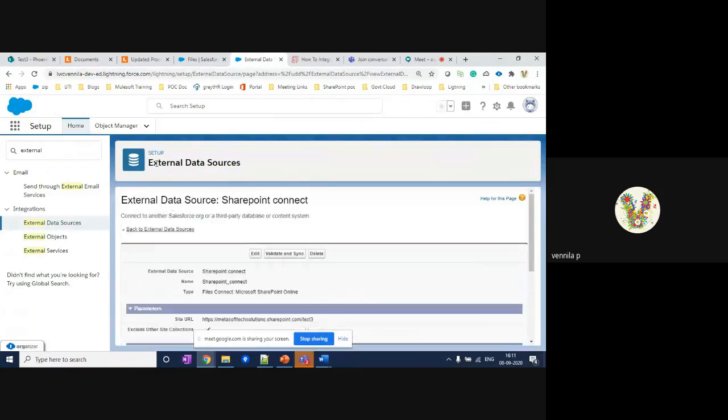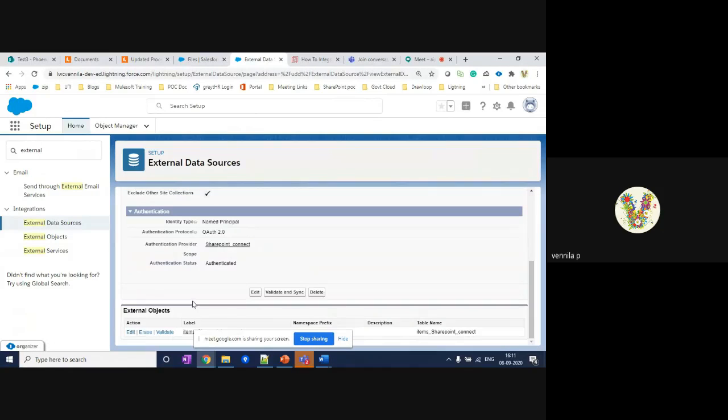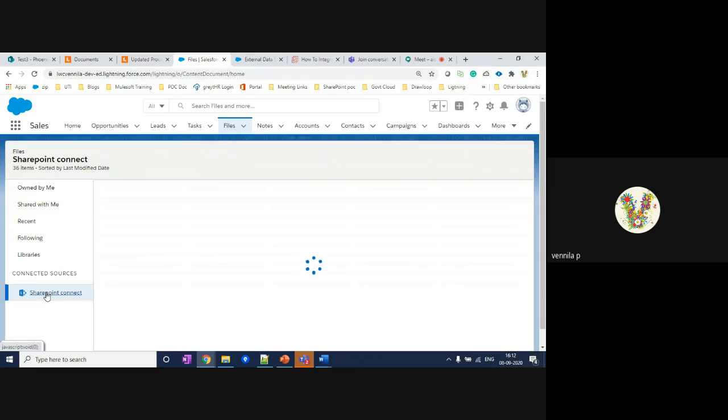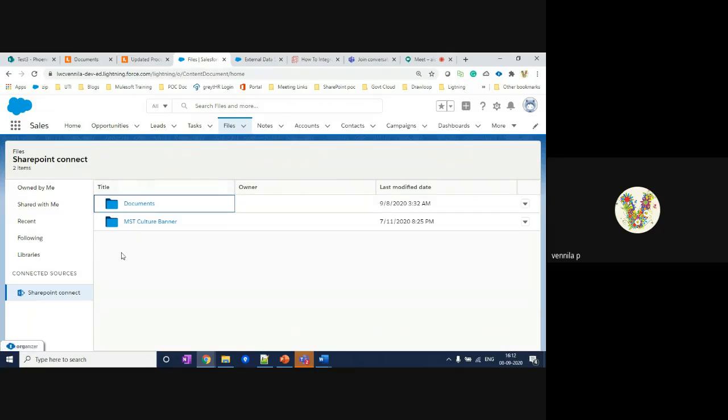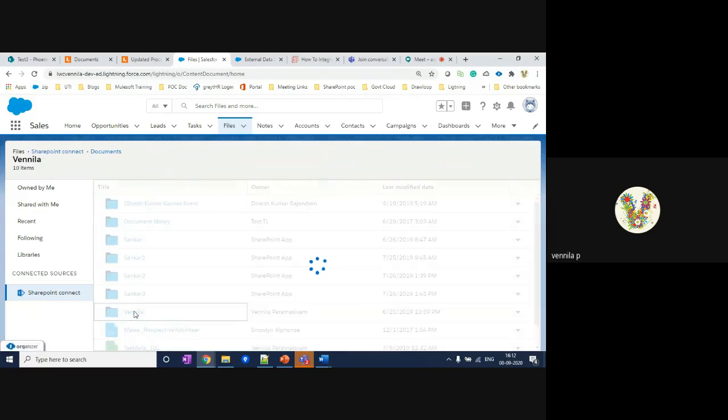Once you have completed the external data source, validation and sync, the SharePoint object is included as an external object, so you can see SharePoint Connect in the Files tab. If you go there, you can access all your SharePoint folders. This is Shared Documents. If I go to Documents, I can see all my SharePoint folders and access all my SharePoint files.